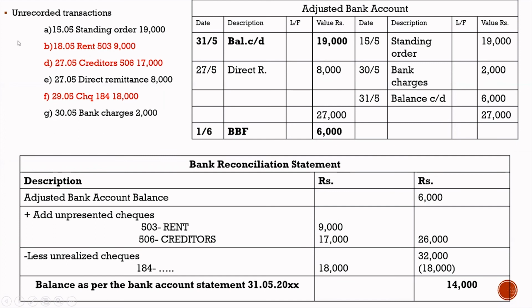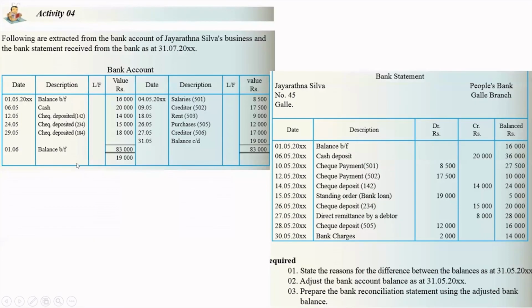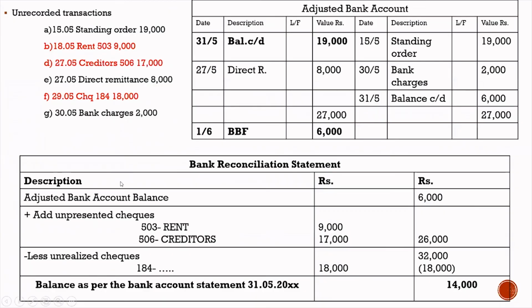Whenever something is there, mostly if it is checks, you have to be careful. You have to go back and see the bank account and the bank statement again and again when you are making these transaction entries. You might think it is time consuming, but at once you can identify all the things if you do it clearly from the beginning. So we leave that out. That is why I have highlighted it.